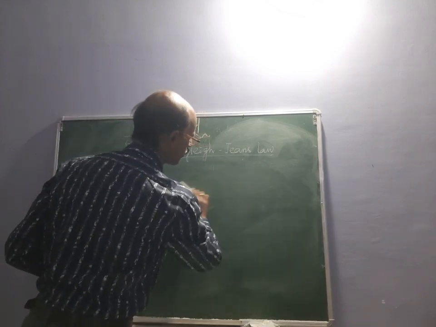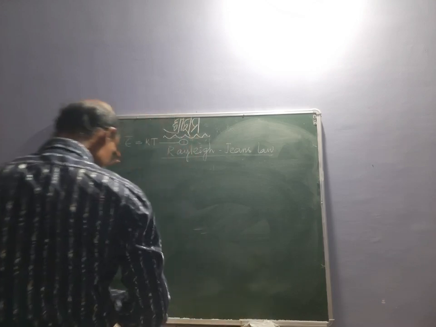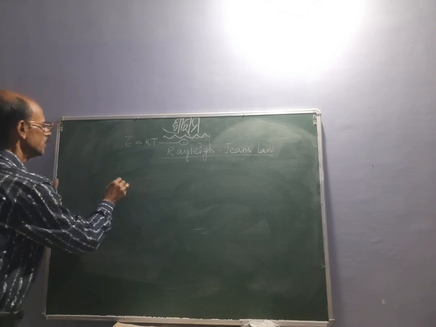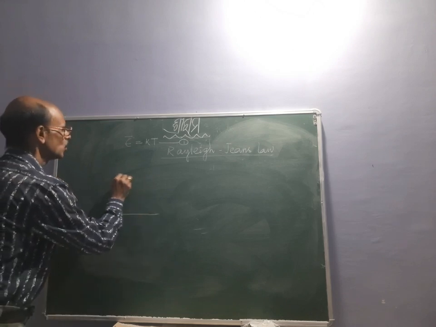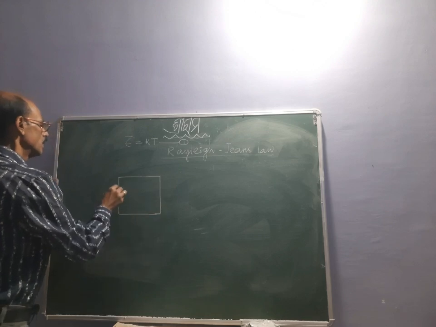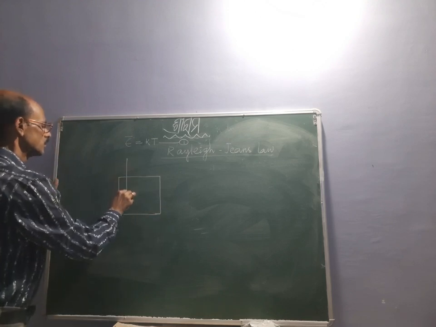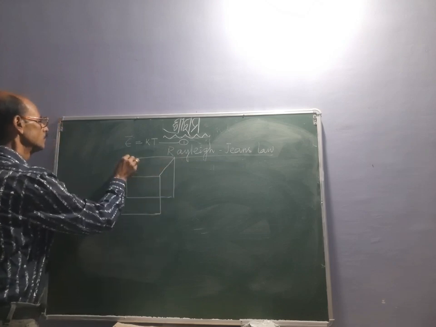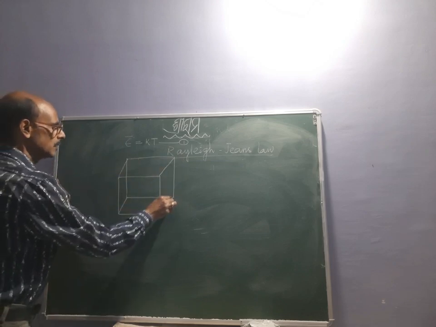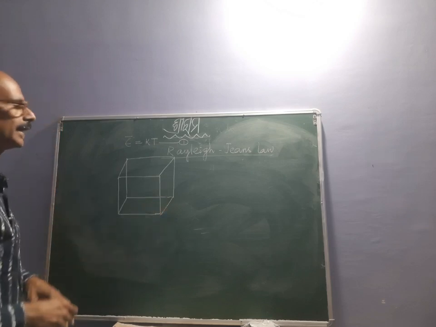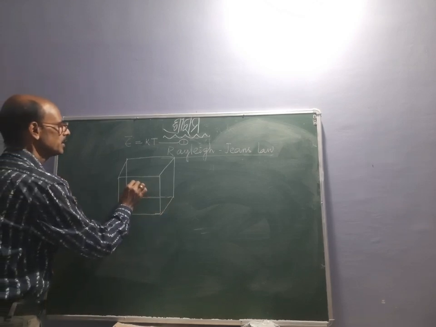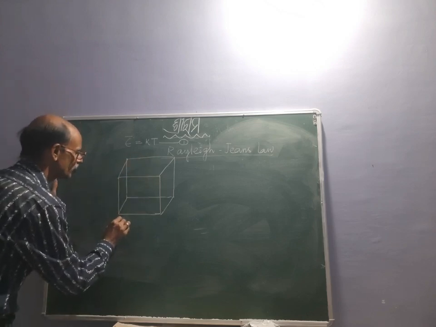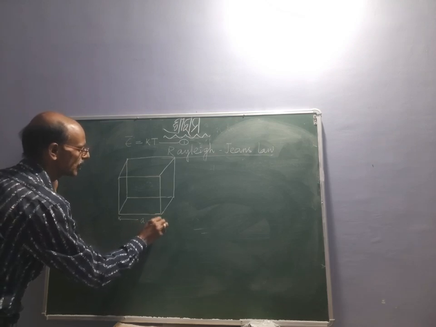To calculate the number of modes of vibration, let us consider that the radiation is enclosed in a cubical box, and each side of the cubical box is suppose A,